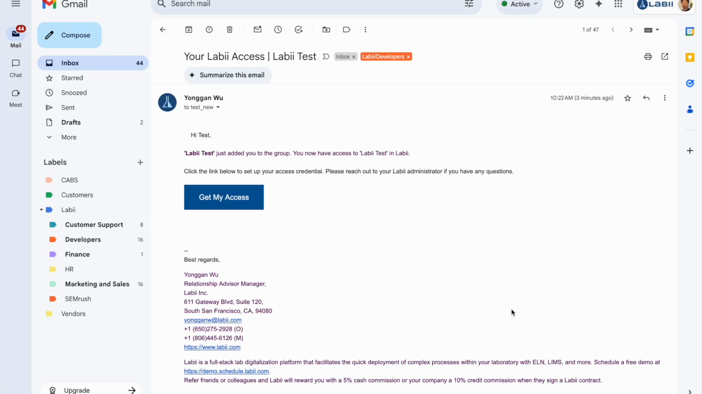Hello everyone, today I'm going to show you how to set up your account. You usually need to do so when you're using Labii for the first time and you are being provided access by your administrator from Labii or from your company administrators. And then usually you will receive an email called your Labii access, and if you open this email you